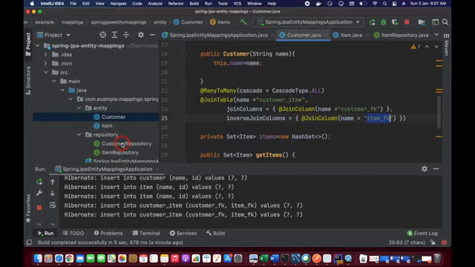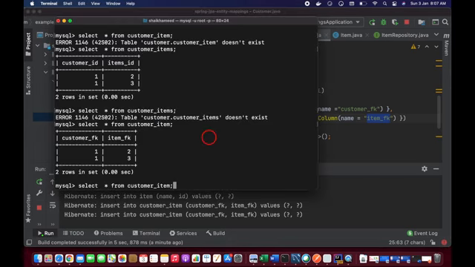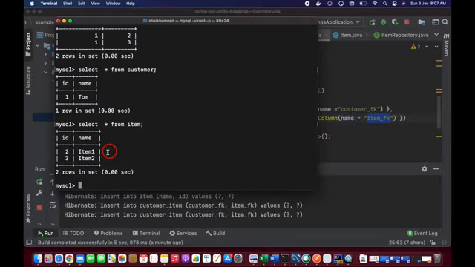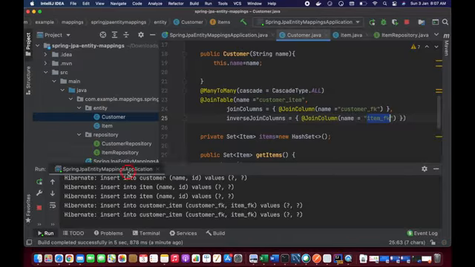Okay, so let me check the customer table. Okay, it's inserted, and the item table also is inserted. Okay, so